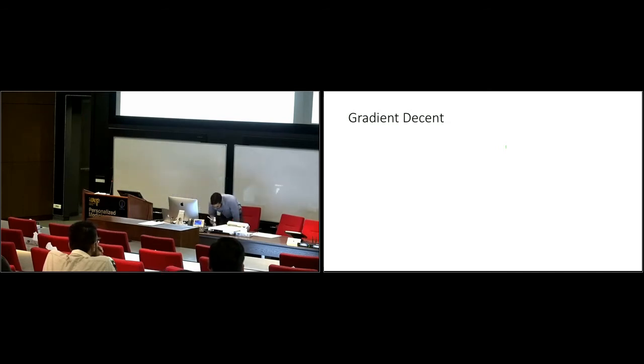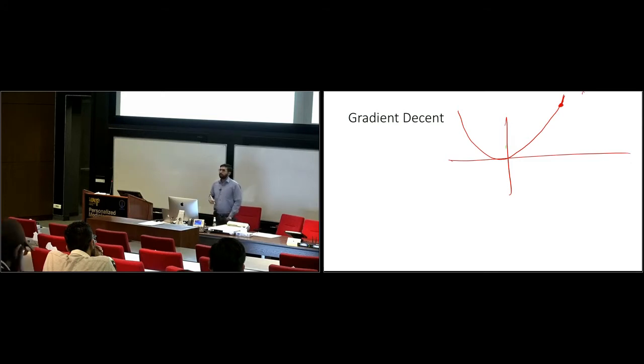So I'll give you an example. Let's say we have a function. We take the simplest example of, let's say, a convex function. And I am at this point. So which direction should I go? Toward right or toward left? I think it's better to use colors. Should I go in the green direction or should I go in the orange direction? Orange direction, right? Because the function is decreasing in the orange direction.